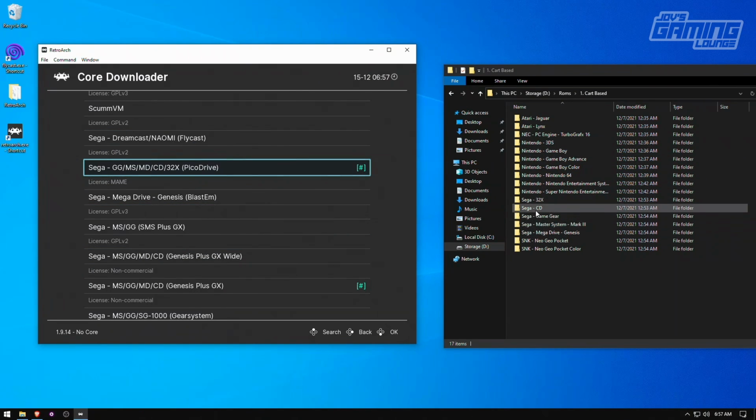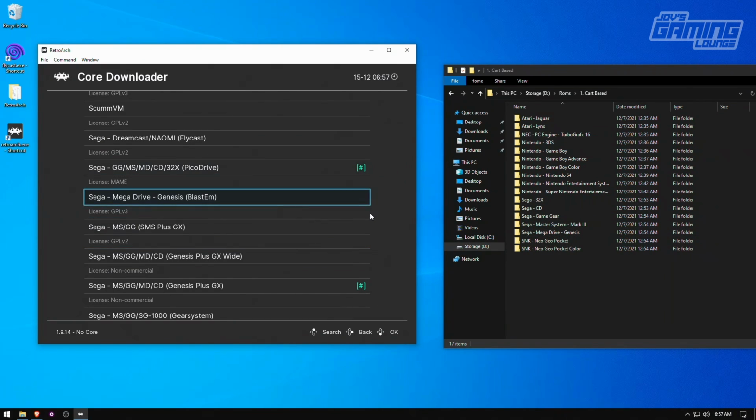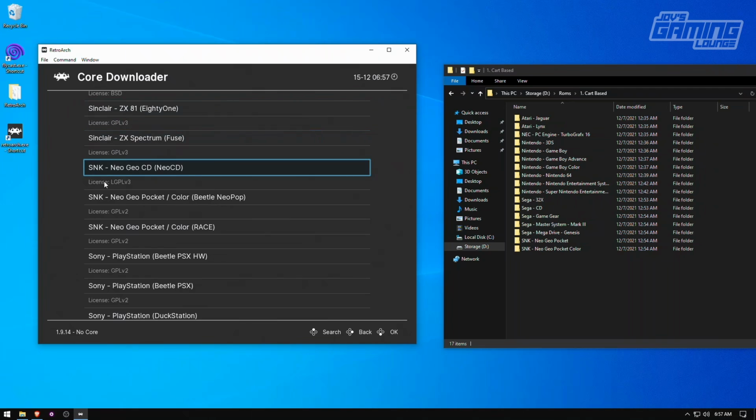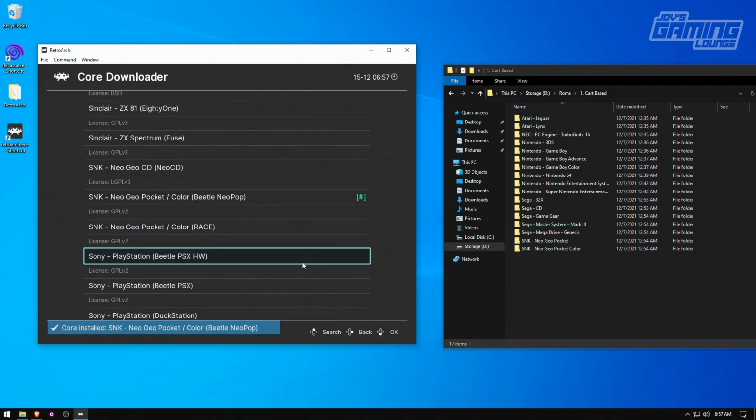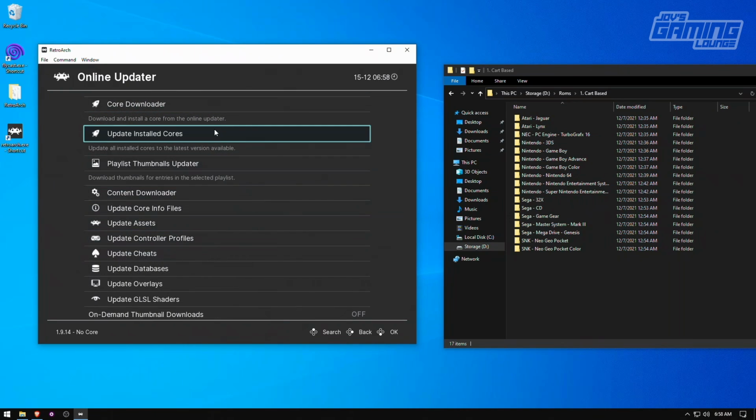So we have these systems here covered. And the last on my list here is going to be SNK Neo Geo Pocket. And here we go, Neo Geo Pocket. So there's two kinds. I like to use the Beetle NeoPop. Now once all that is done,